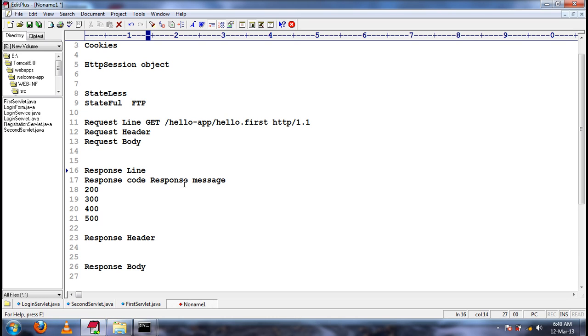For all the subsequent requests, from the next request onwards, those cookies will be available in every request. So cookies will be transferred from client to server as well as server to client in the form of headers.